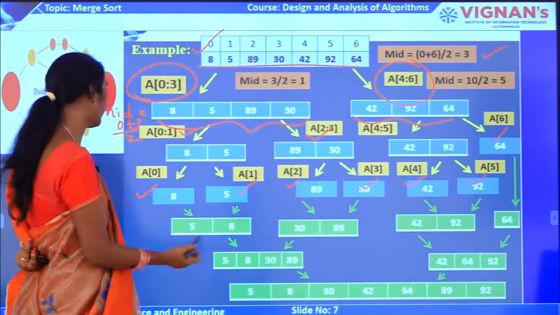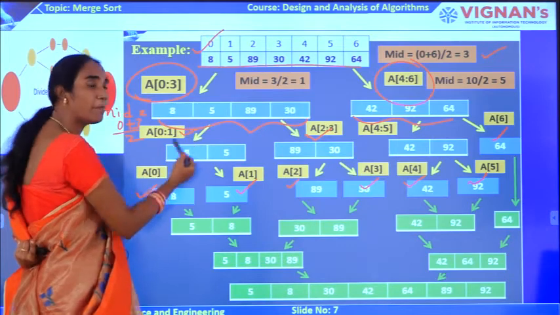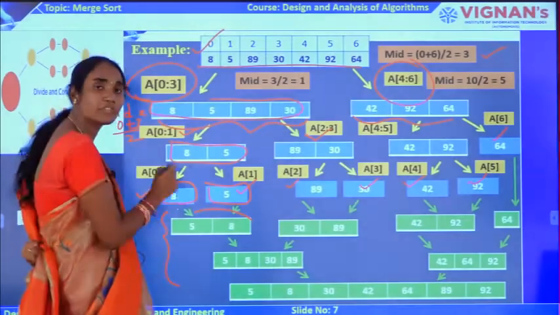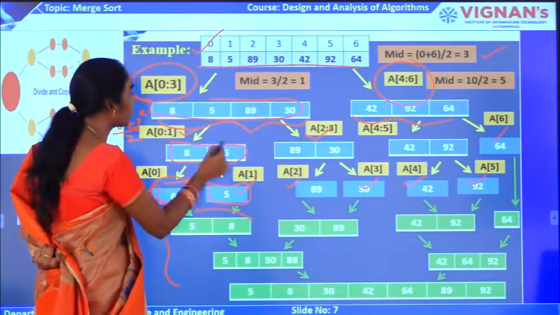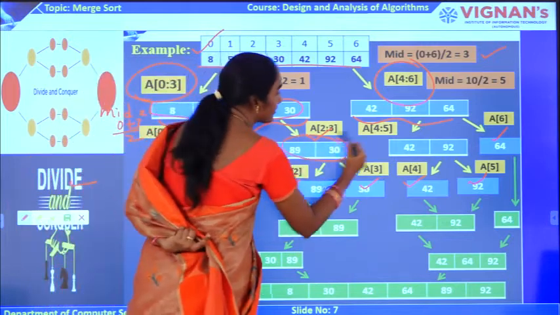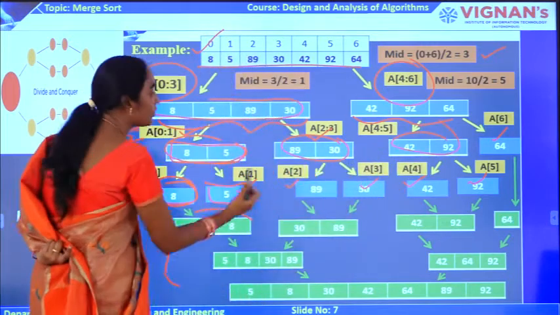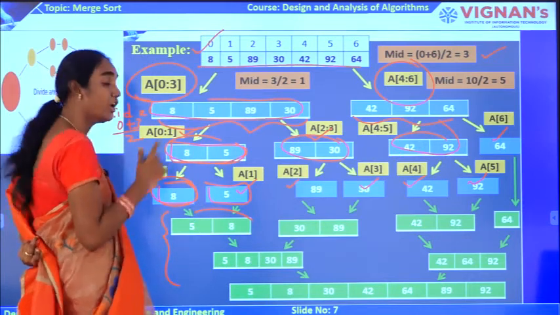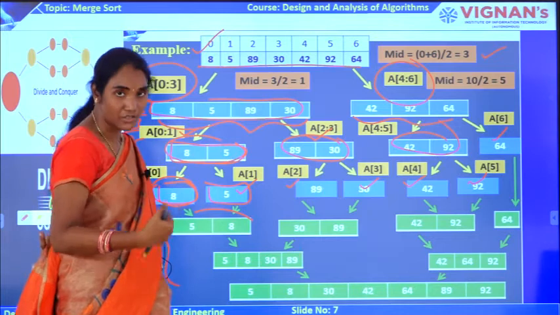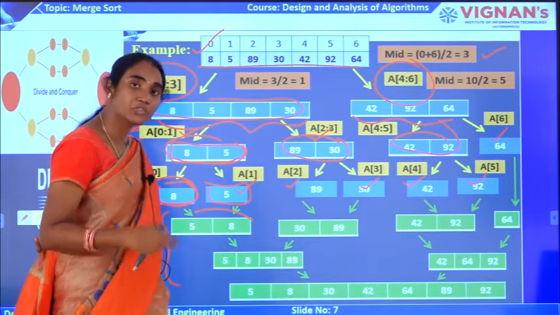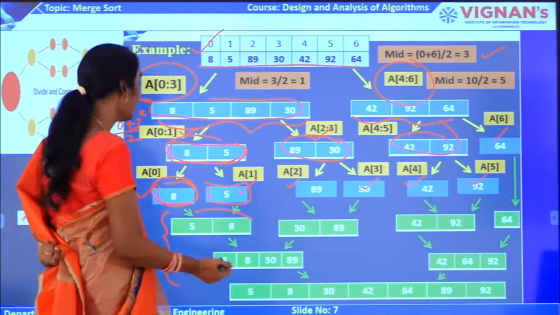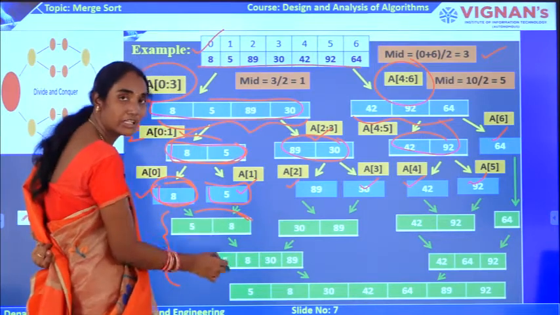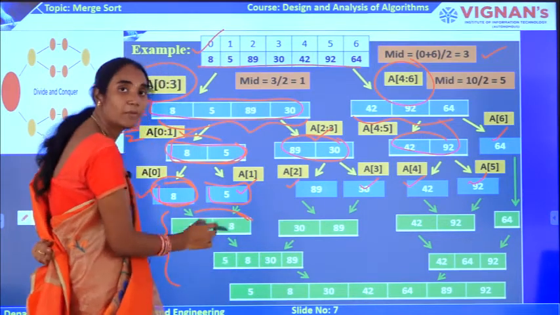So now here, if you have seen clearly, I am applying the division procedure. All the division procedure here I am showing you with blue colored ones. Okay, all the blue colored ones are under division procedure. Now the next thing is we need to merge this sublist to get the overall solution, right. So under merge, here I am showing you the solution with the help of green color.